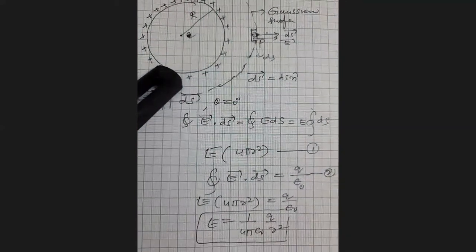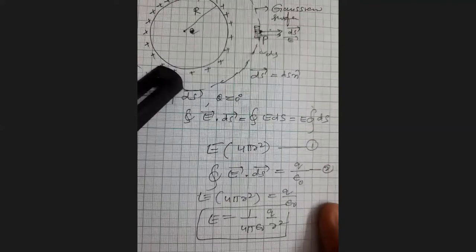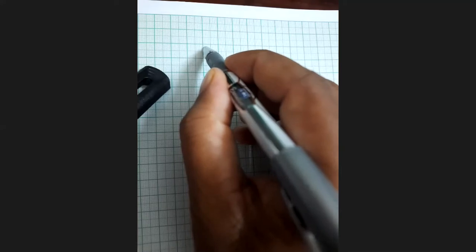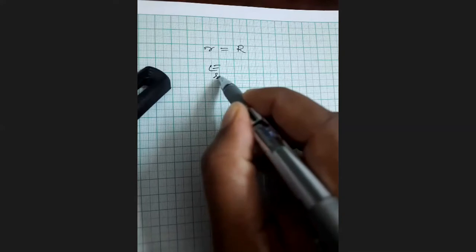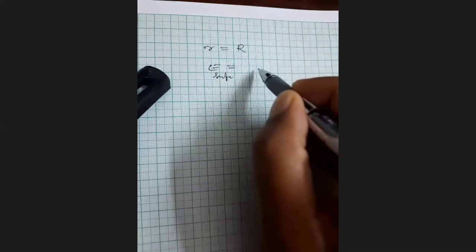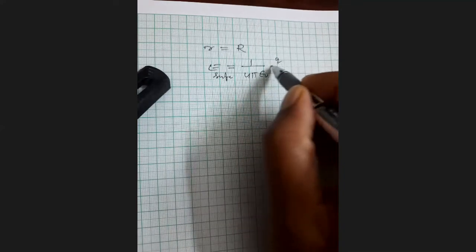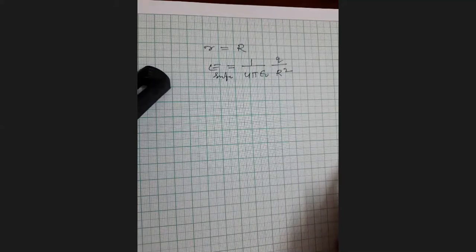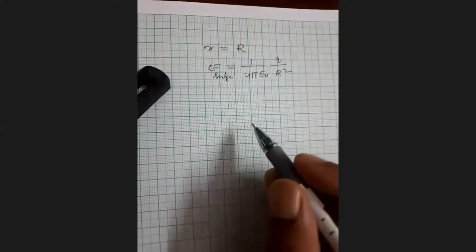Okay, so here E is inversely proportional to r square, right? Now if you consider the point P on the surface, then r is equal to capital R, so the electric field strength on the surface of the conducting sphere is given by 1 by 4 pi epsilon naught Q by capital R square. Simply you substitute small r equal to capital R in that form. This is the maximum possible value.